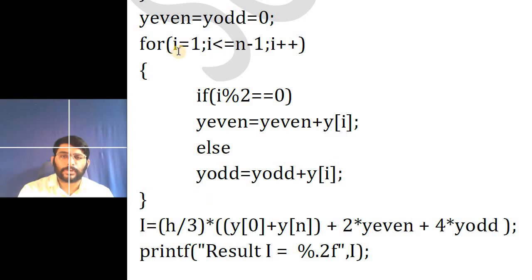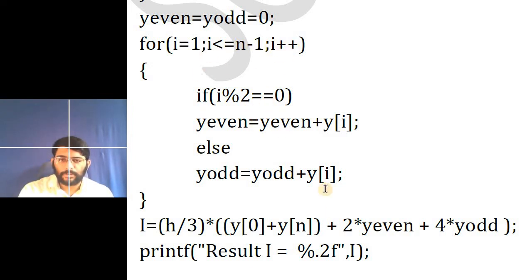See, here there is a for loop. For i is equal to 1, i is less than n minus 1. Why i is equal to 1? Usually in all our programs we take the i value as 0, but here why have we taken 1? The reason is, see here, already 0 is taken, n is taken, right? What we want are the values which are more than 0 and less than n. So i is equal to 1, which is more than 0. We want the value which is less than n. So here it is taken, i is less than n minus 1, i plus plus, until the condition is true.